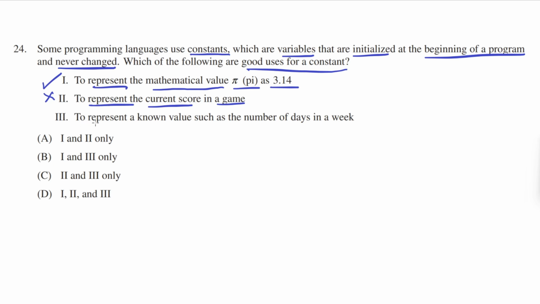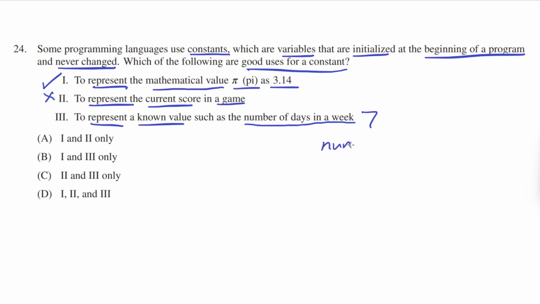The third statement says to represent a known value, such as the number of days in a week. So this is a known value, as it says right here, and we all know that the number of days in a week will always be 7. That's not going to change. So that means that if we have a constant that records this,